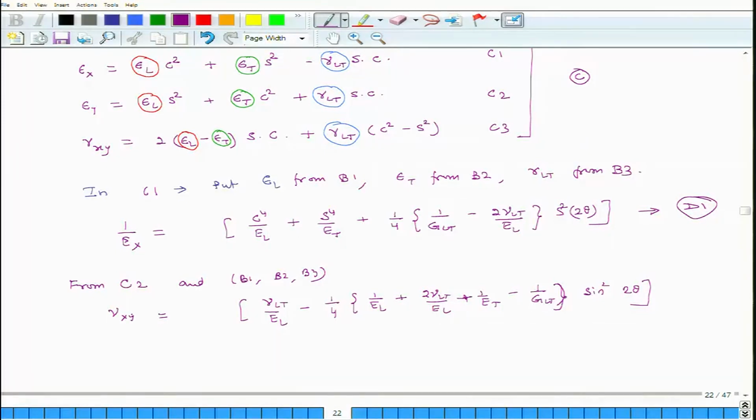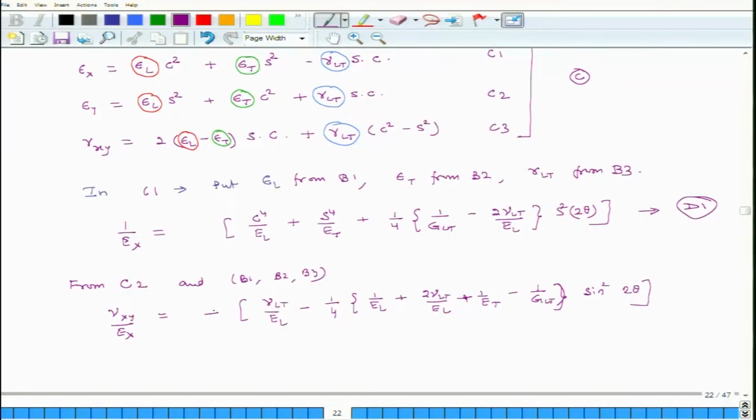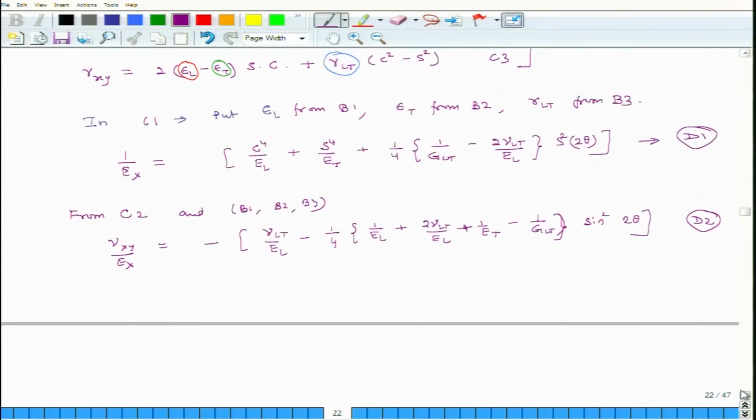nu xy divided by Ex. If I divide both sides by sigma x, sigma x goes away from the right side, and on the left side I am left with epsilon y divided by sigma x and that I can express as this thing. So, this is equal to this. So, now I have a definition for Poisson's ratio xy. Okay. So, we do the same thing and from C3